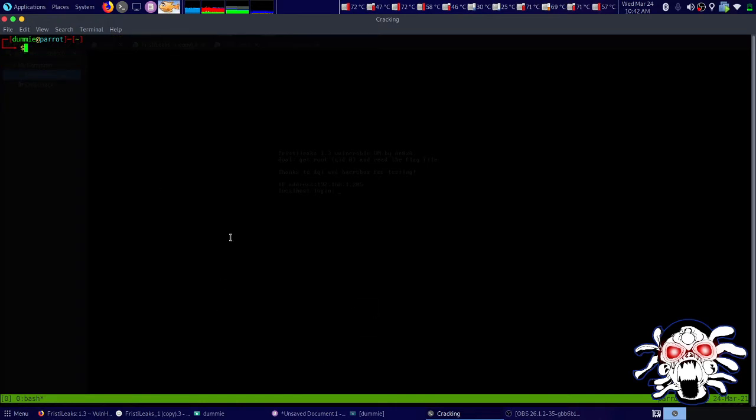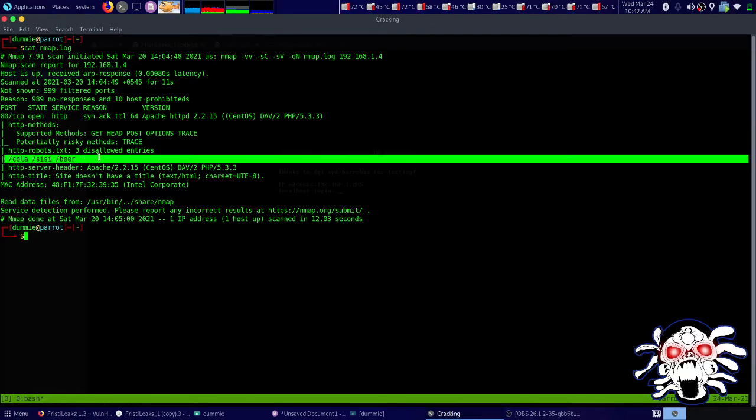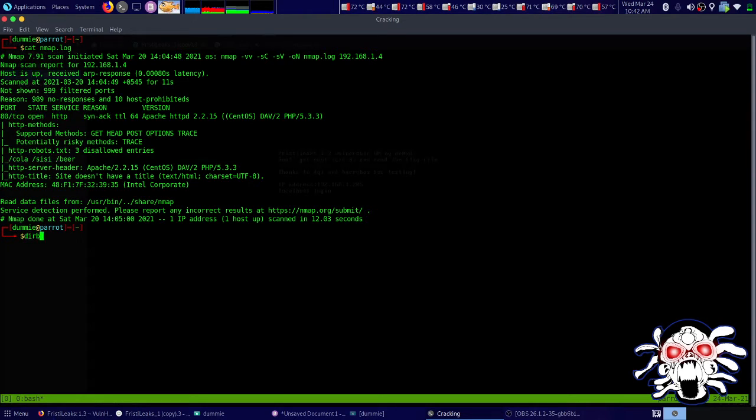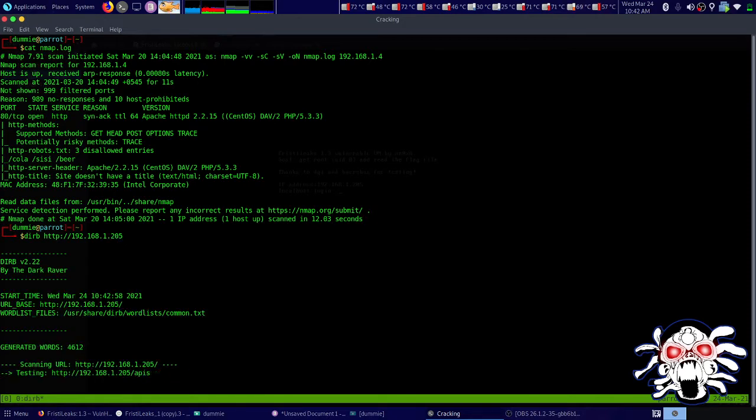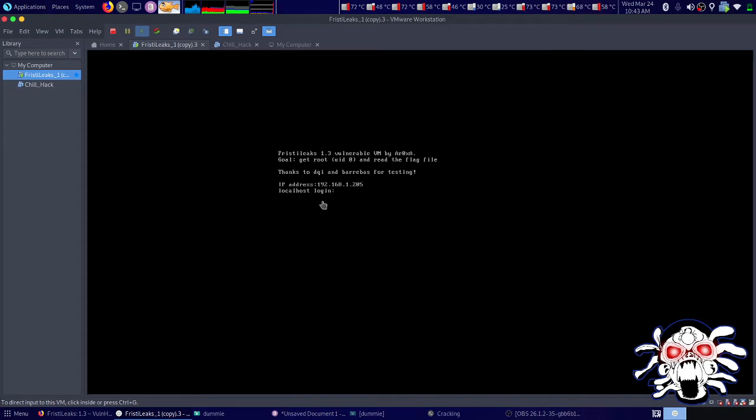Then here is my nmap scan, nmap.log. So here we have port 80 open. In there we have this folder, and we can use dirbuster http://192.168.1.205. Then let's wait for it. Then that was my IP. Where was that machine? So here is my machine, so 205